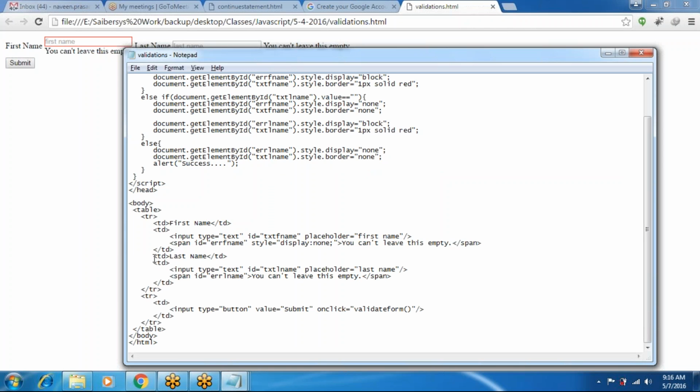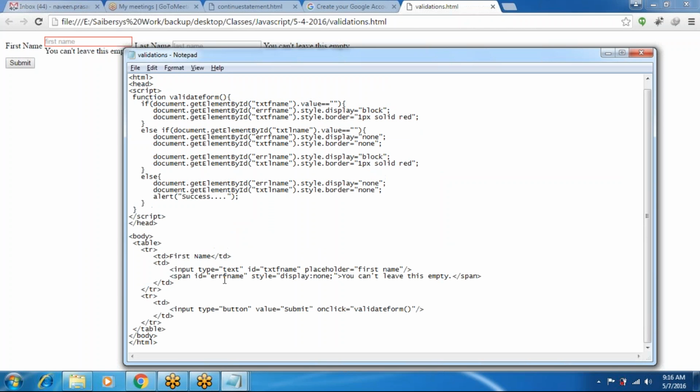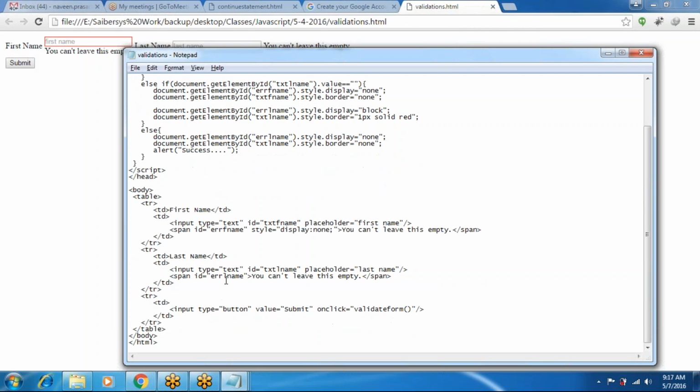So add this field in the second row, and the color is red color, and last name also the same.